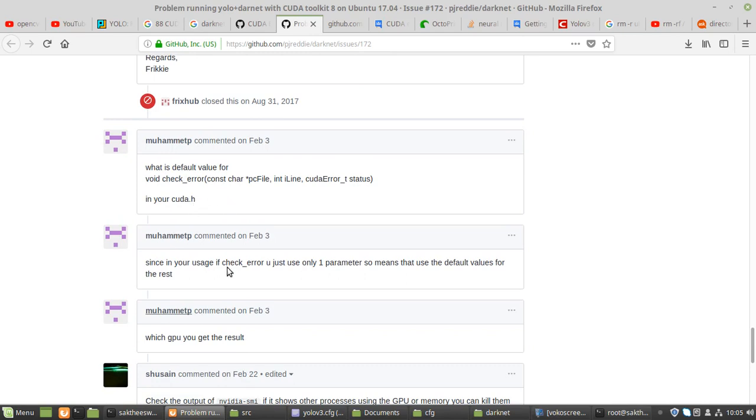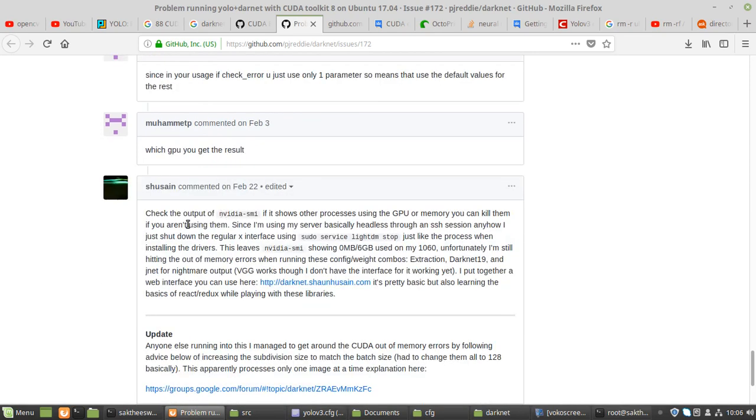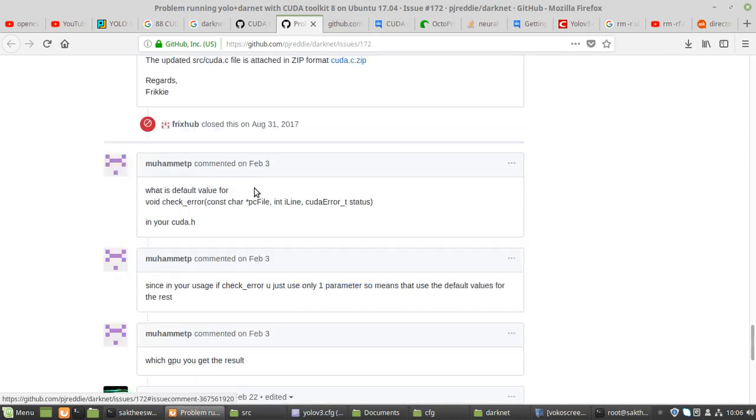So values for the rest, which GPU get the results, and check the output. And they say pretty much basic learning. So okay, this is what they say to do, and